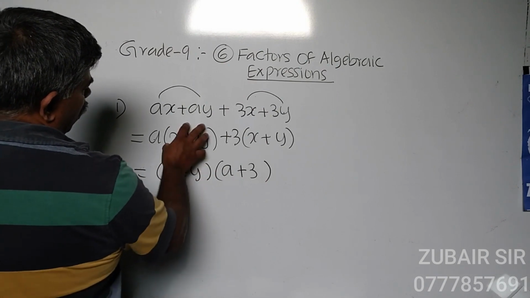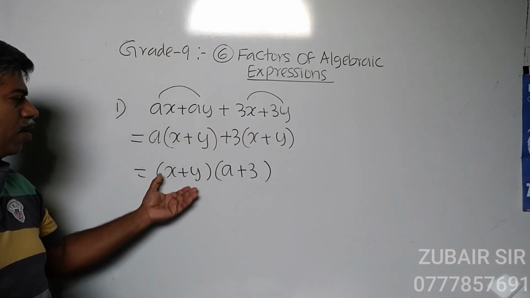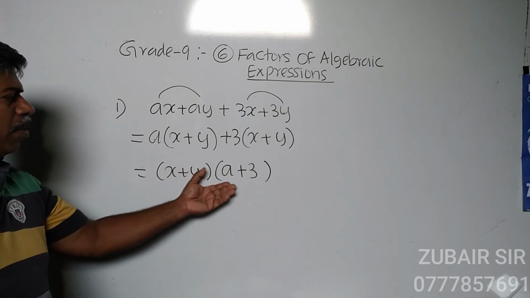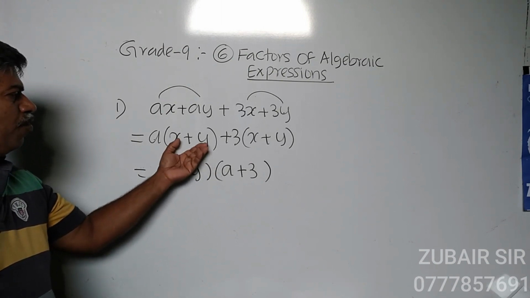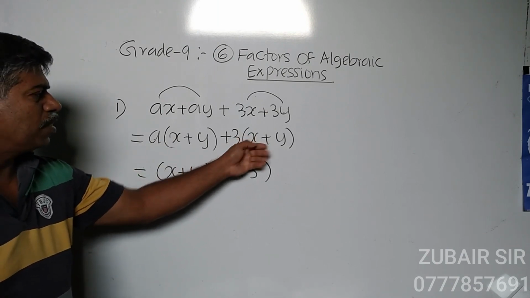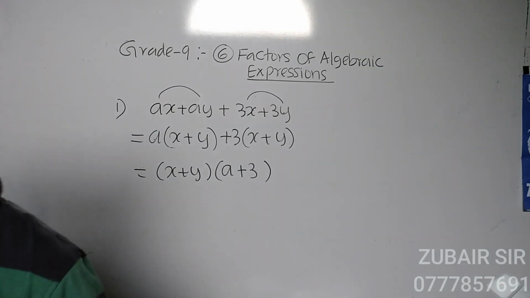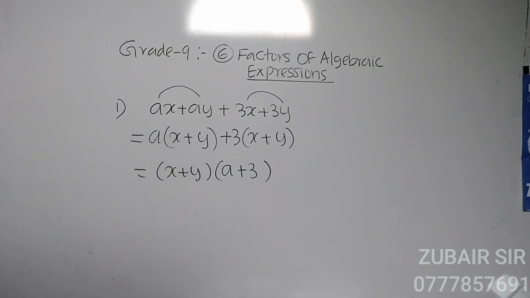So when there's a common bracket x plus y, you have to take that common bracket and write the remainders into another bracket. If you take the x plus y, a remains. If you take the x plus y, plus 3 remains. So x plus y into a plus 3. So this is another method of